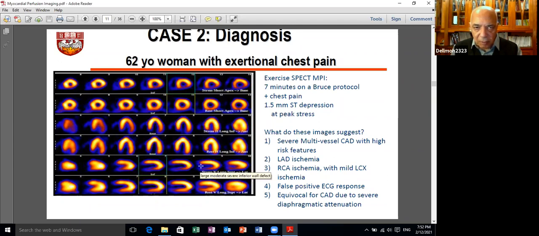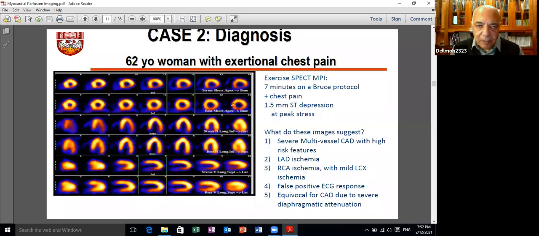this is the anterior wall, this is the inferior wall. The color code starts from white for normal blood flow, going down to black, which is no blood flow, and the intermediate grades are yellow, orange, then red and then black. So this is how